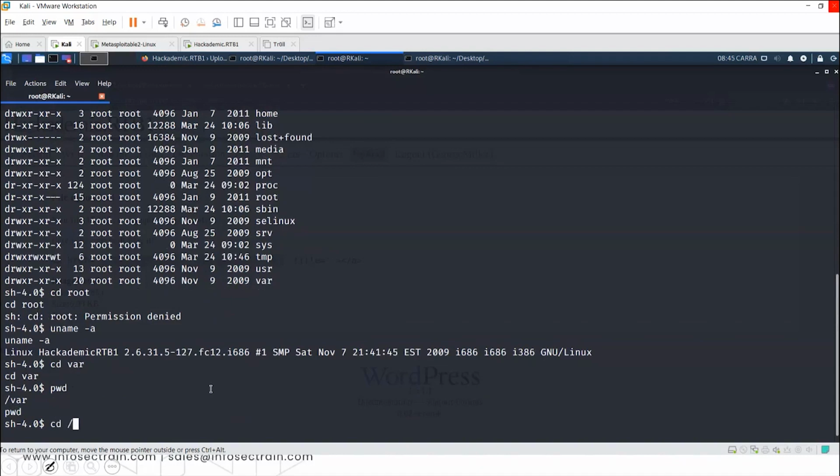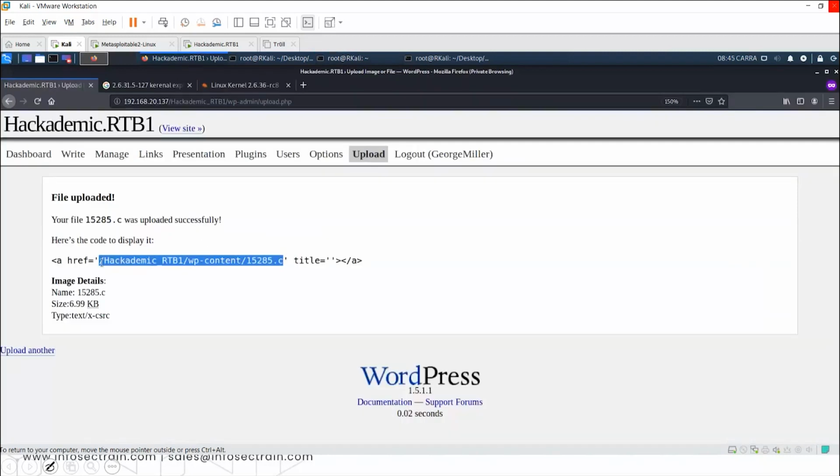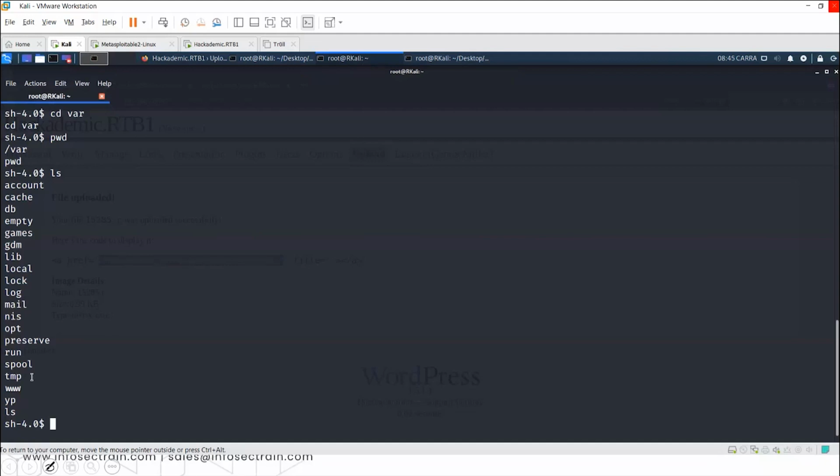After var, if I do ls, there will be a www file. Okay, so I uploaded this file. It is going to this location, slash academic rtb wp content. So where will be the path for this? In the Apache server, because we are running with Apache. So in var, and then there will be this www, cd